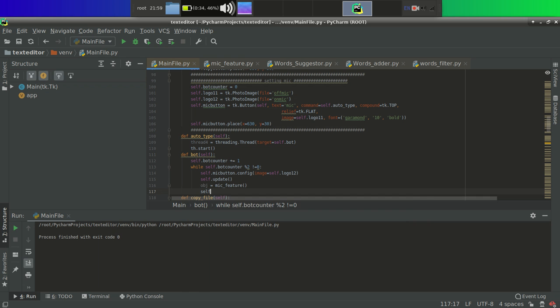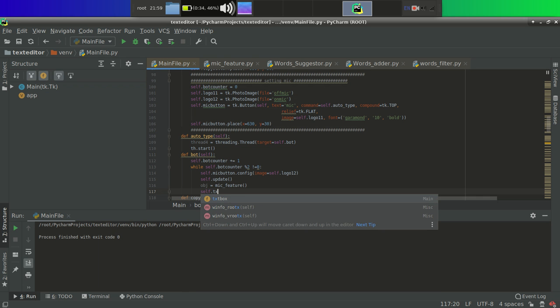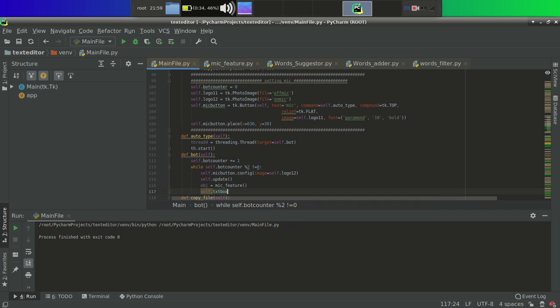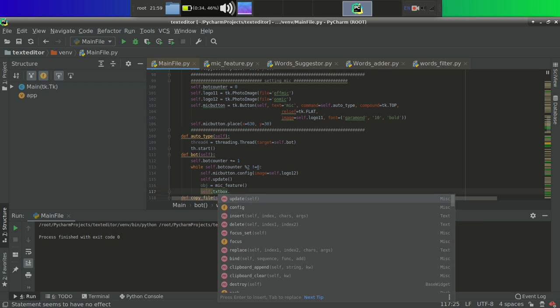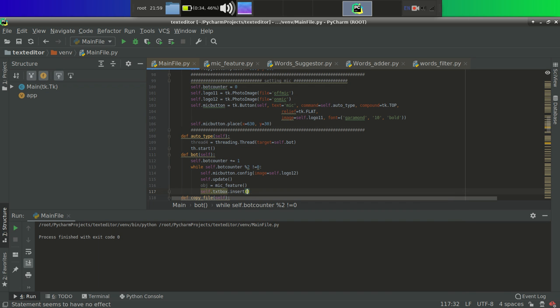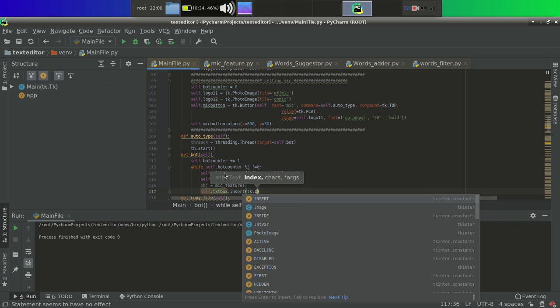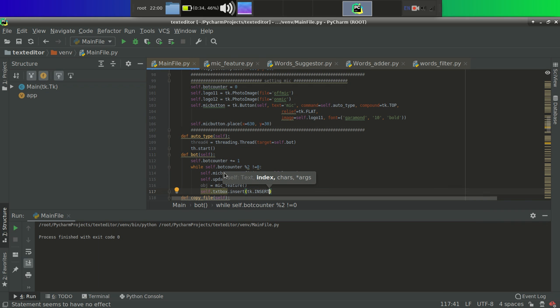We will use self.text_box.insert, tk.INSERT, which means at the place where the cursor is blinking I want to print the text.